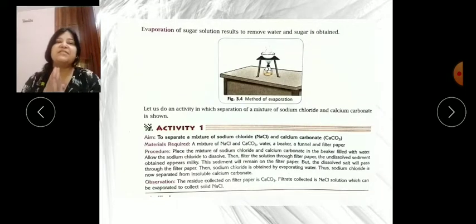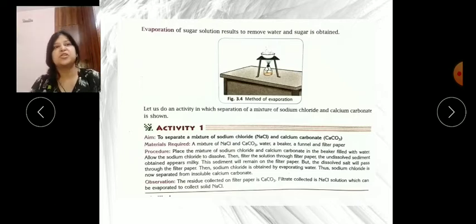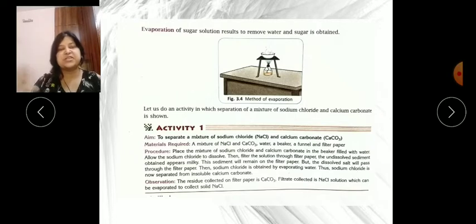Now next is evaporation. I told you evaporation needs heat. Like salt water, suppose we want to obtain salt from the water, like people are extracting from sea water. The sea has a high amount of salt water, so that is where we get salt from. They use the evaporation method only.